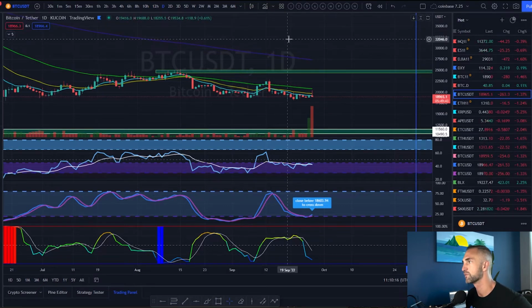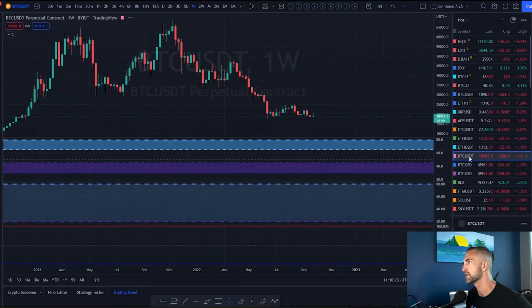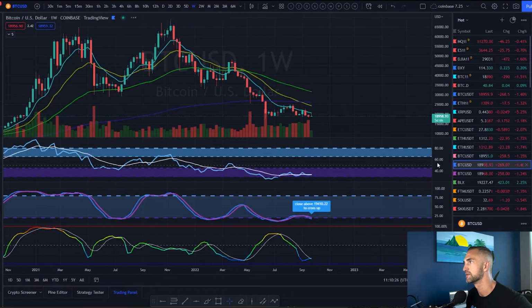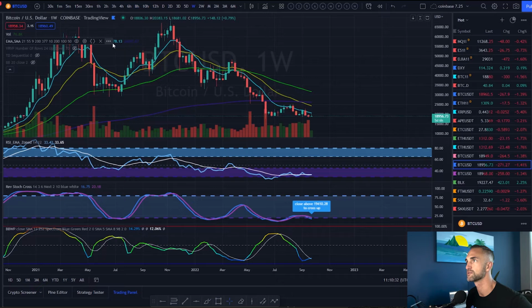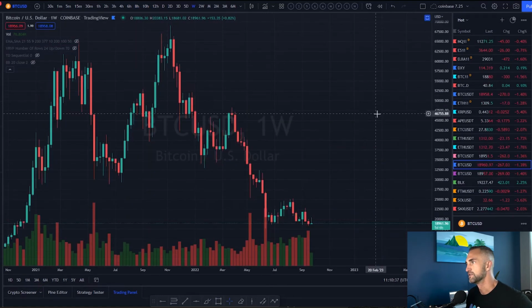starting it off with the weekly time frame. Actually, I want to put this on a weekly. I'm going to use my clean chart here. Nope, that's not the clean one. Okay. So just notice here, guys. I don't want those. Just notice here,